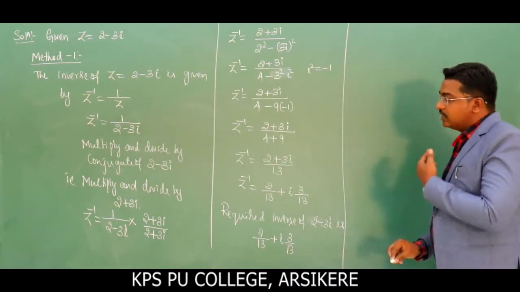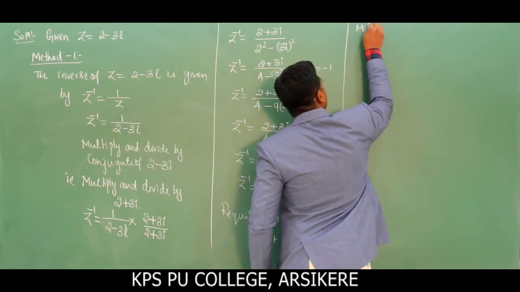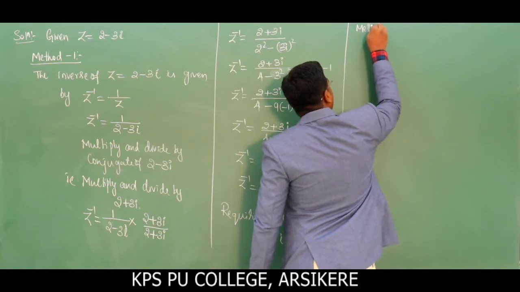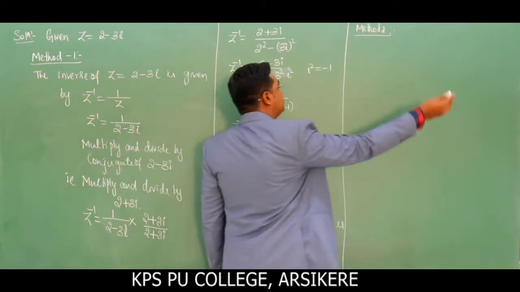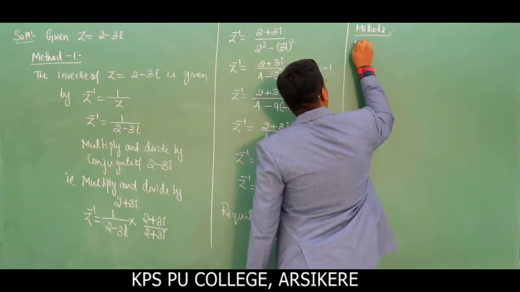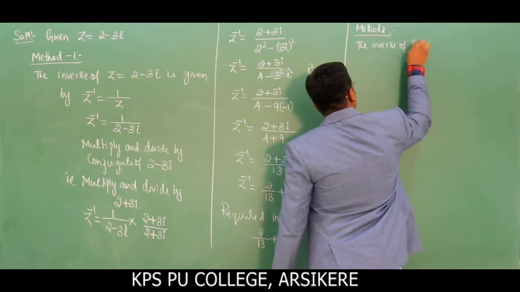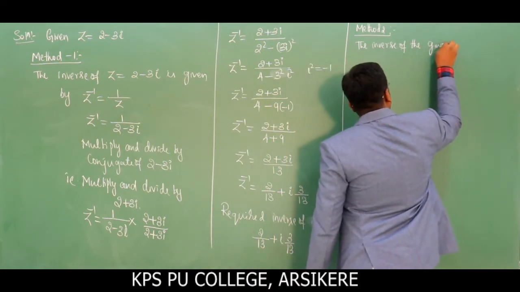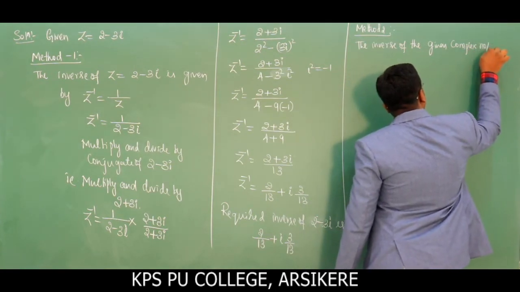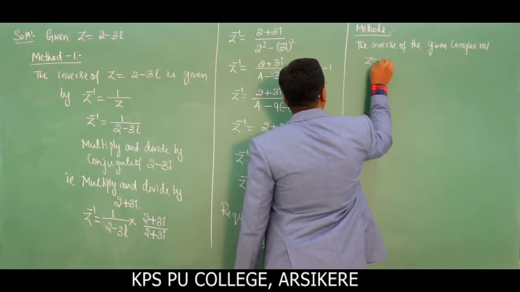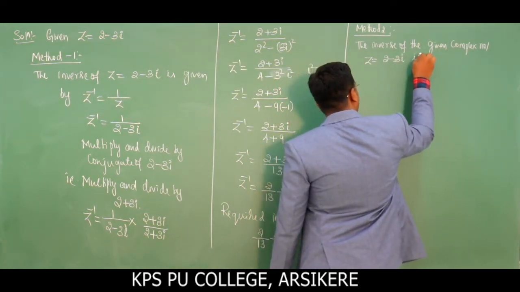I'll take this as method 2. In method 2, the inverse of the given complex number, where z is equal to 2 minus 3i, is given by